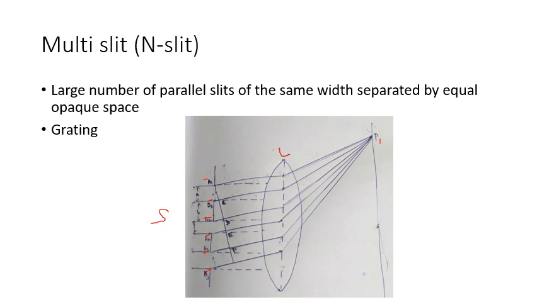Now what I'm going to calculate is the path difference between these diffracted lines. Thereby I'm going to calculate the phase difference, and also the amplitude of the diffracted beam at the point P1 and the intensity of the diffracted beam at the point P1. Okay, let us see how we can calculate the path difference. So first I would like to calculate the path difference between the ray A1P1 and B1P1.